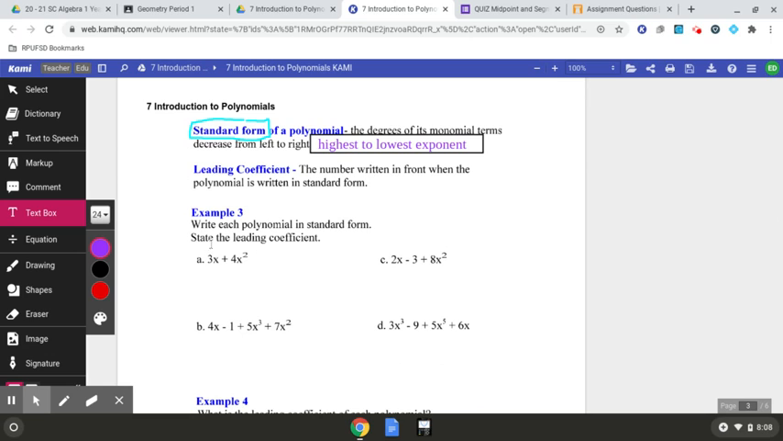So when we look at the first one, A, we have 3x plus 4x squared. So you're going to look for your highest exponent, which in this case is the 2. So 4x squared is going to be written first. So 4x,